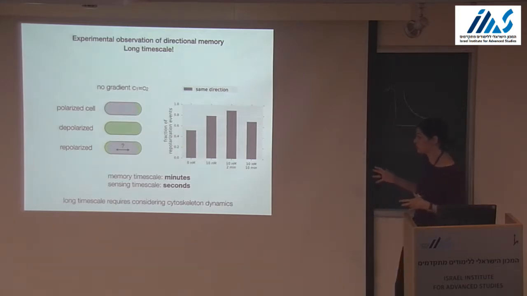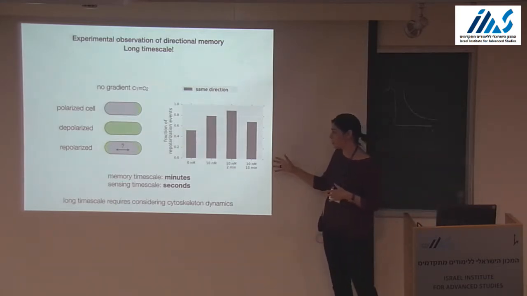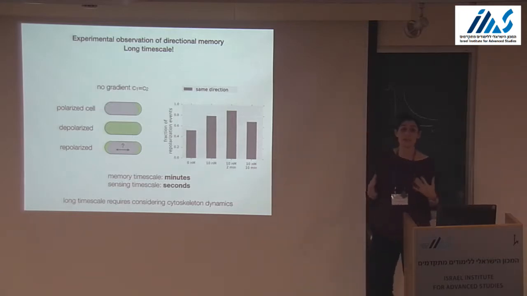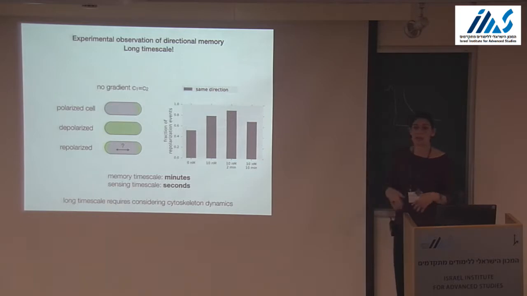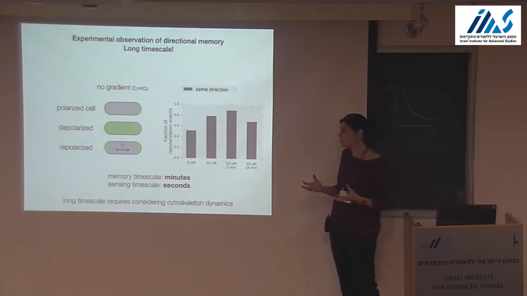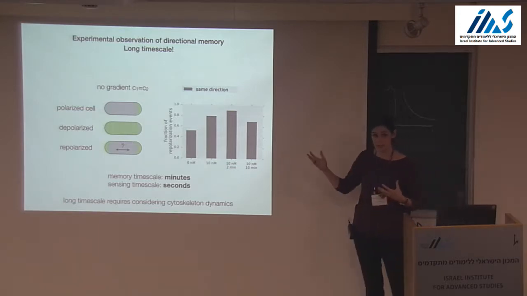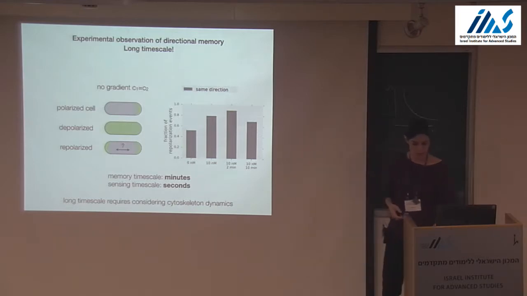The point here is, though, that since we see that the time scale is so much longer than just the sensory system, it means that this is not enough, right? We can't just look at the sensory system, which was what has usually been looked at before. And it means that we probably have to also introduce the motor system somehow. But before we do so, we first have to provide ourselves a mathematical framework that describes the dynamics that we see here of these cells, so that we can actually do something interesting.